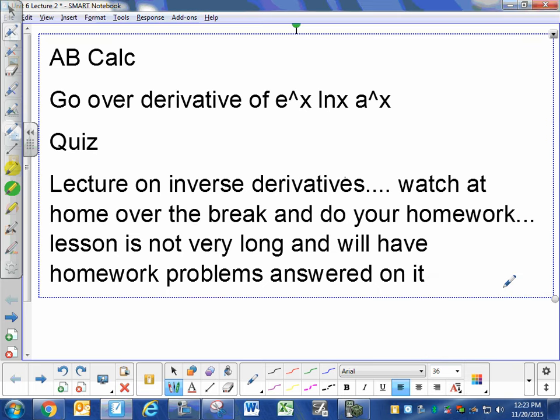All right, today we're going to go over the homework, but just a couple problems on the homework, and then we're going to spend the rest of the time before we take our quiz prepping by doing questions that will be similar to the questions we're going to see on the quiz. You're then going to take the quiz. It'll take the remainder of the class period, and we won't be able to get to the lesson,